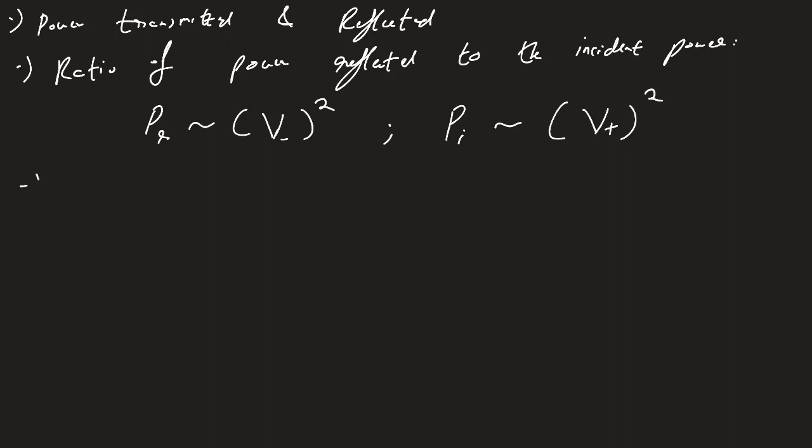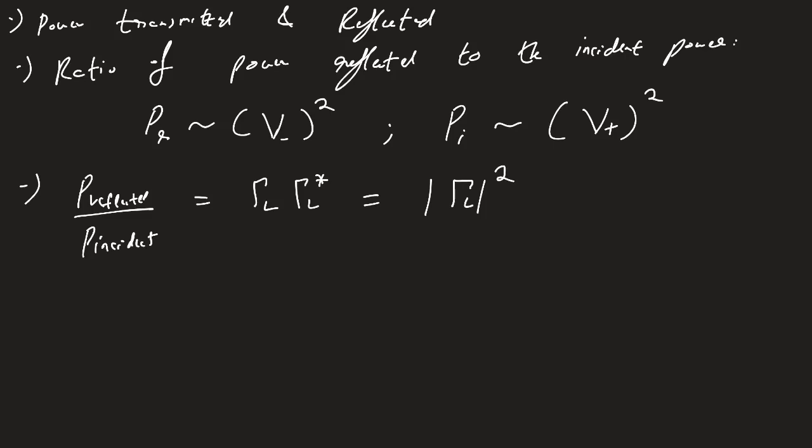So the ratio of the reflected power to the incident power of the signal, well, you can very well believe that it's equal to gamma L times gamma L complex conjugate, which is just equal to the mod square